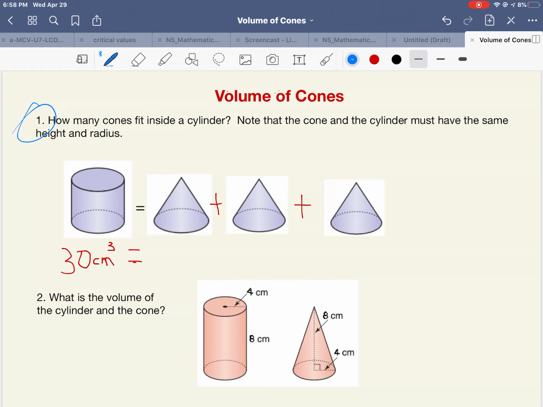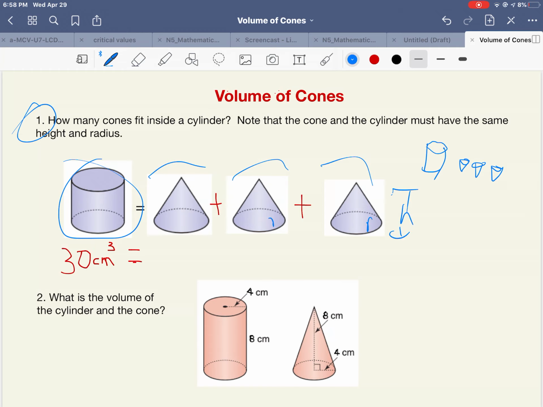Hopefully you watched that short little video clip to see that it takes 3 cones to fill up a cylinder, as long as they have the same height and radius, right? You're not going to have a big cylinder and then have 3 tiny little cones, they aren't going to fill that up, right? So the radius and the height have to be the same, or the diameter and the height have to be the same. So as an example here, if this cylinder and these 3 cones all have the same height, and they all have the same radius,